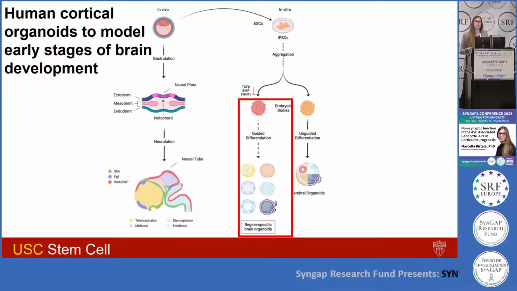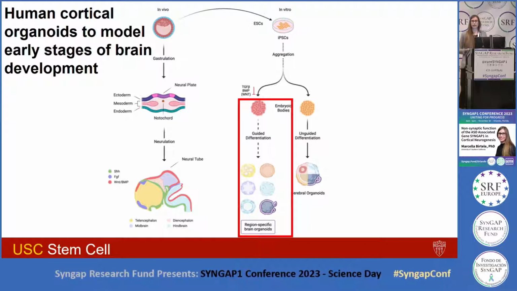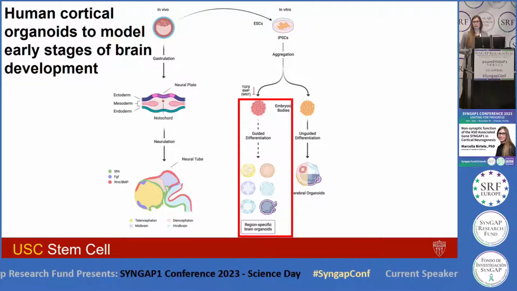And with a different concentration of morphogens, this neural tube will develop and specify in different areas. So what we do in the lab is to take mainly iPSC cells, and differently from 2D cultures, we